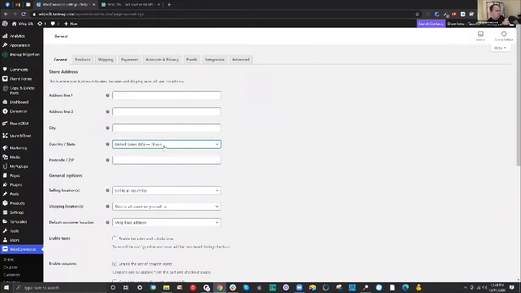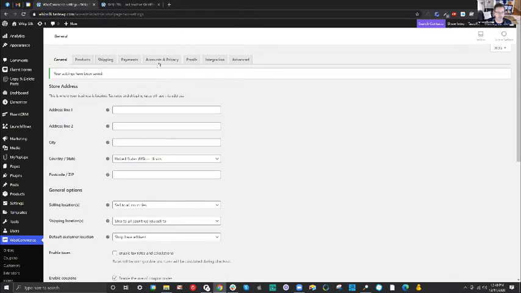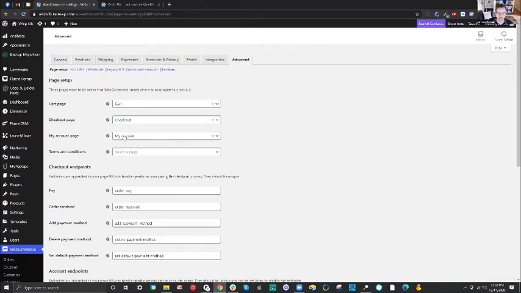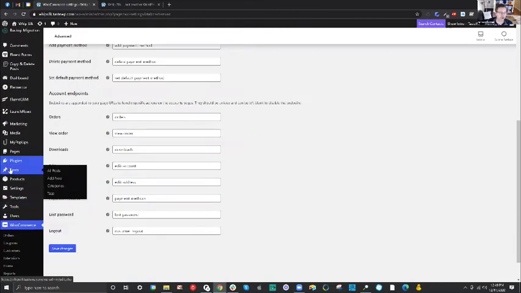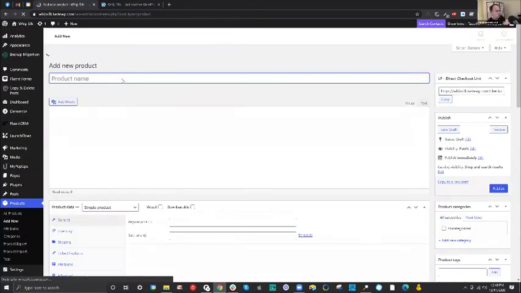Okay, and the other stuff I won't worry about too much, but let's make sure we've at least got a checkout page, a cart, and a My Account. Now we won't need the cart, but we do need the checkout. Next, let's go ahead and make a product for that instant registration. So with WooCommerce, we have products, add new, and I'm simply going to call this